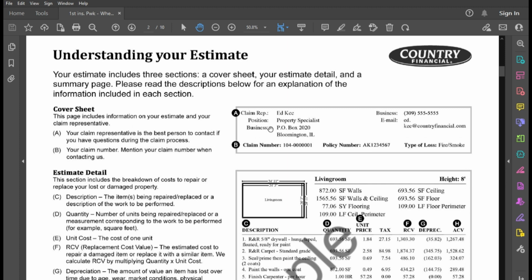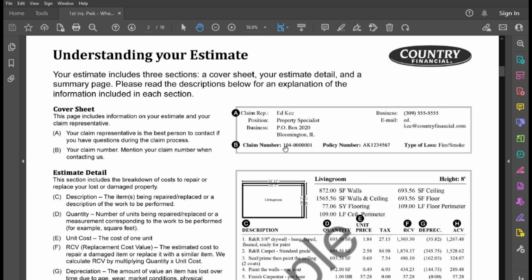So your next page is going to be your cover sheet. Now this is going to have all your pertinent information. It'll have your information up here. It'll have your claim rep's information here, how to get a hold of them. It'll have your claim number. It'll have your policy number and your type of loss. The claim number is what you're really going to need to hold on to and make sure that you've got